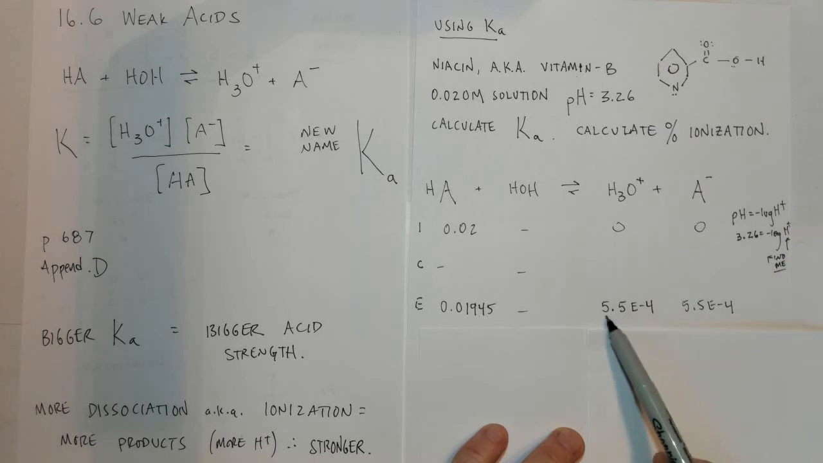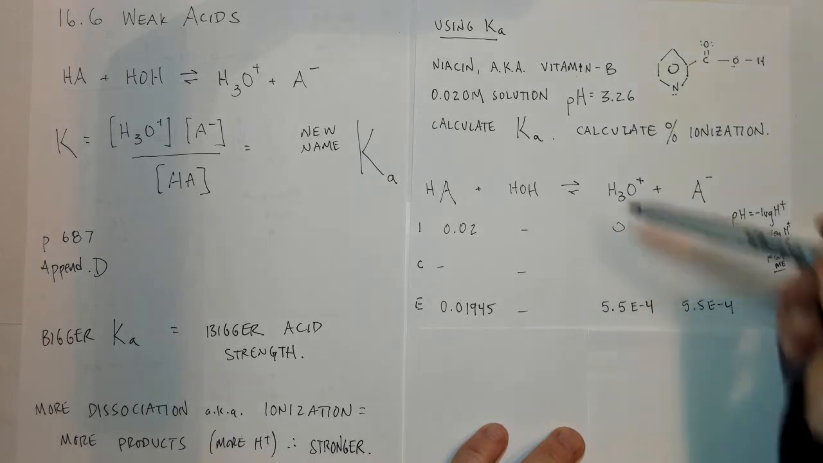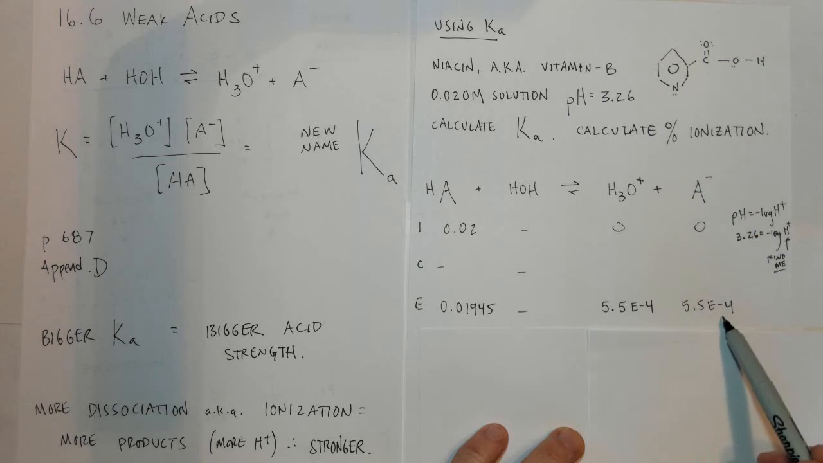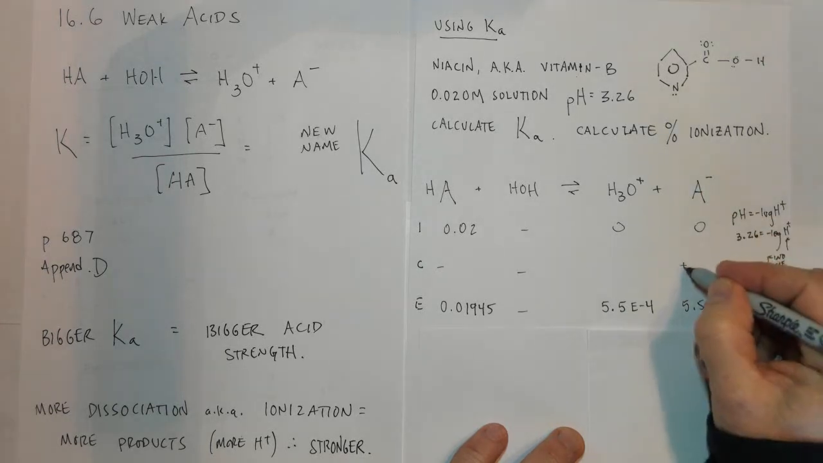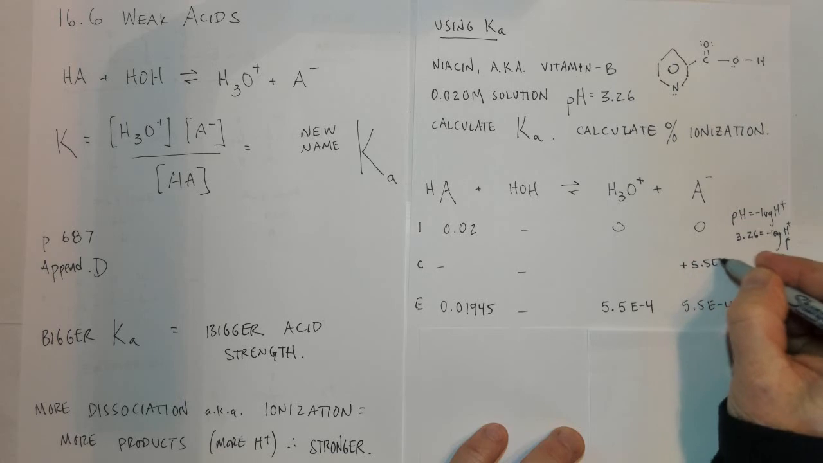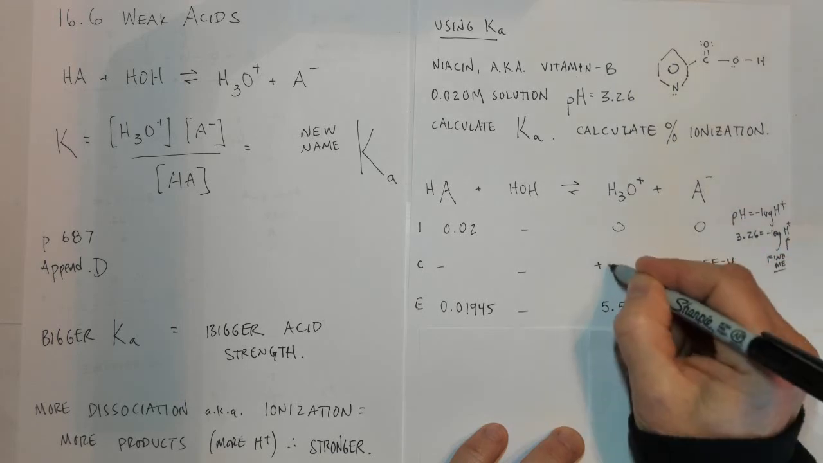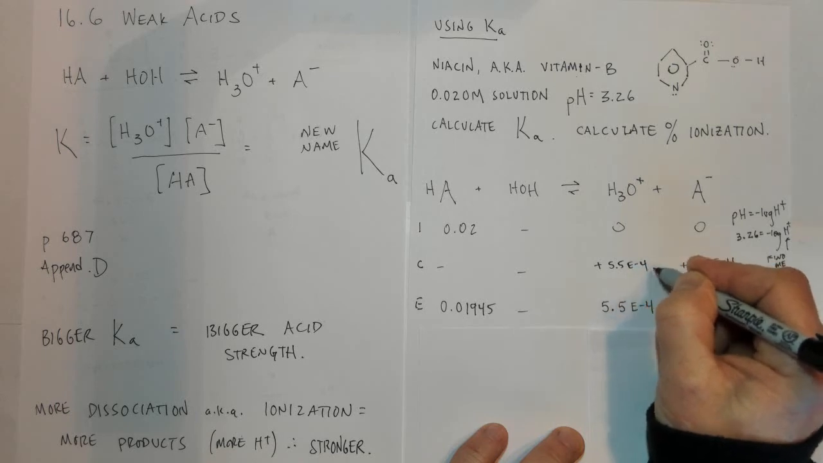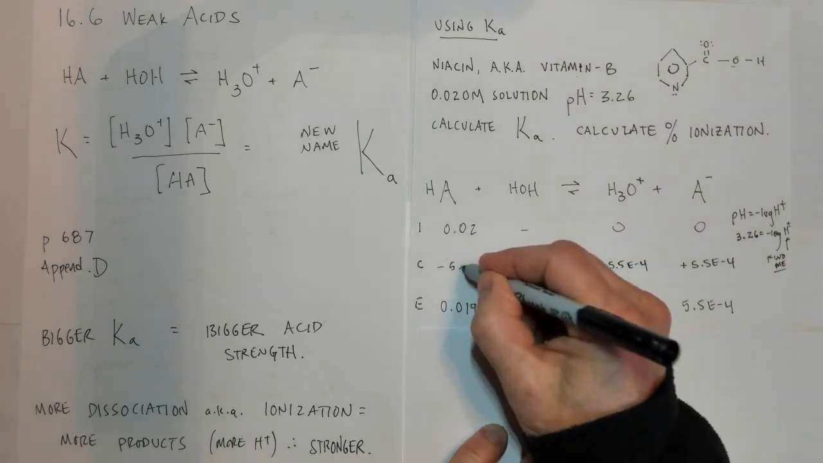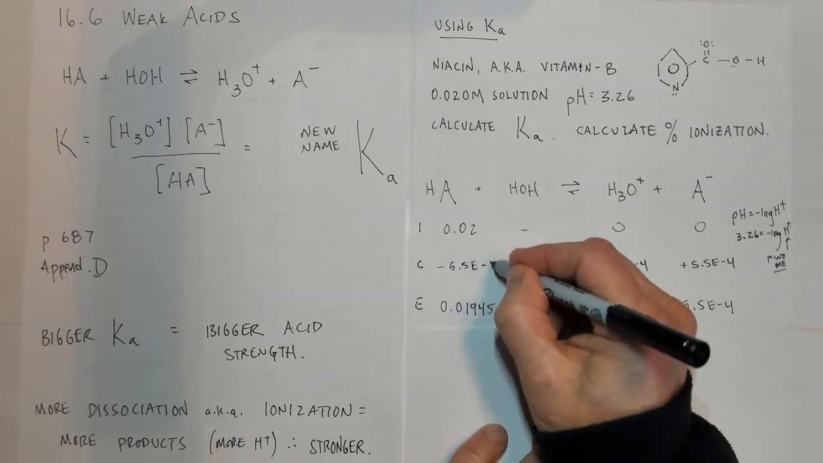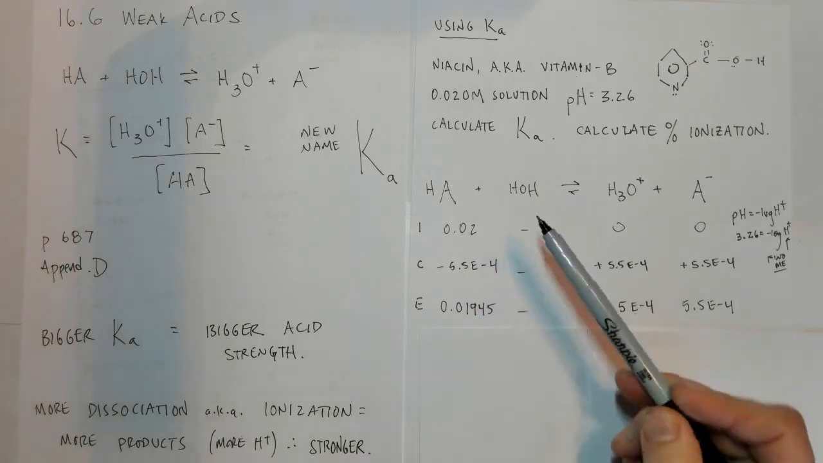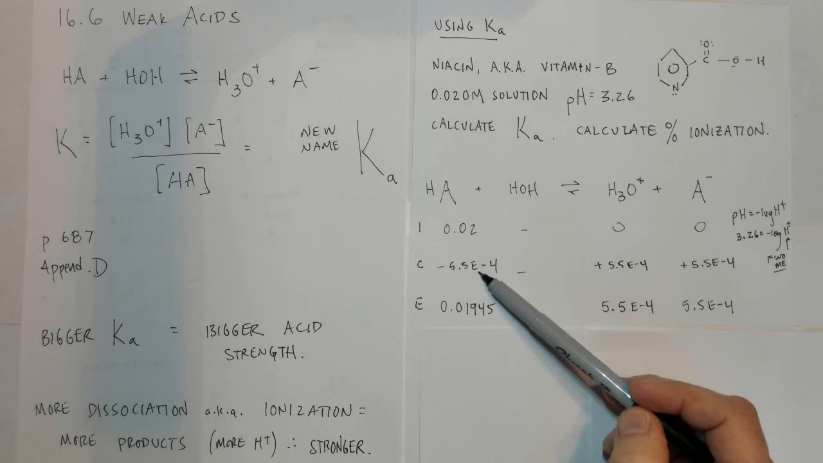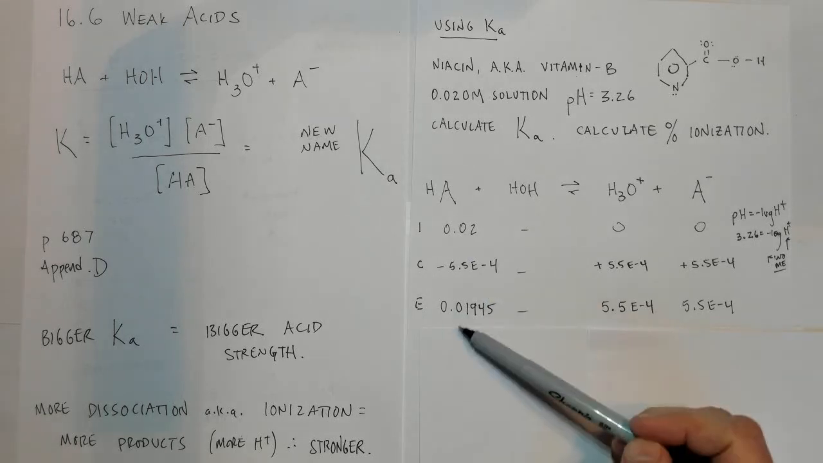You could write that down if you want to illustrate how I did that work. Since H plus is 5.5 times 10 to the negative fourth, and it's a 1-to-1 ratio with the conjugate base, this is also 5.5 times 10 to the negative fourth. That means I gained 5.5 times 10 to the negative fourth over here, gained 5.5 times 10 to the negative fourth right here, and lost 5.5 times 10 to the negative fourth right here. Then I did the subtraction for you already, 0.02 minus 5.5 times 10 to the negative fourth, and that gave me